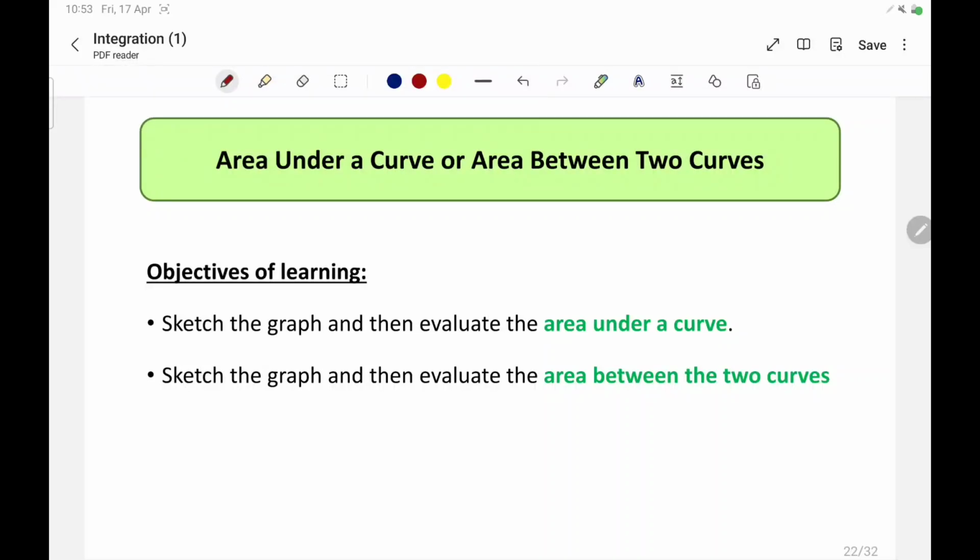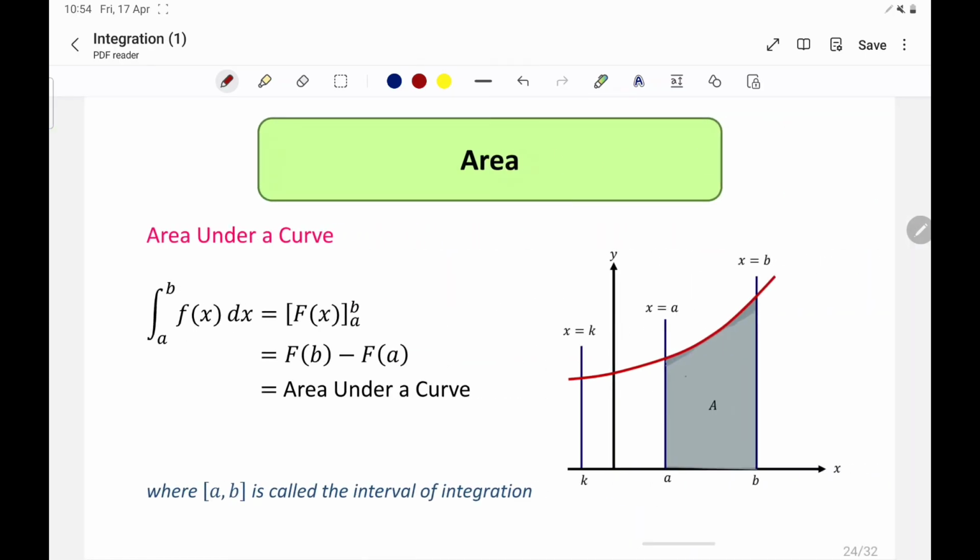Okay, now we proceed to the area under the curve or area between two curves, where you're going to learn how to sketch the graph and evaluate the area under the curve using integration, and also the area between two curves using integration. Okay, so basically, when you find the definite integral, you actually are looking for the area